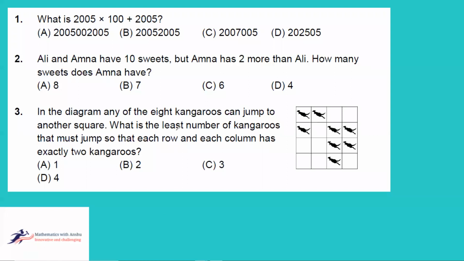Now this one you see: the least number of kangaroos that may be jumping, so that all the rows and columns have 2 kangaroos. So here it has 2, but here you can see 3. So if it comes here, then this will have 3. So let it come here. So see, 2, 2, 2, 2. This side also 2, 2. And here if it comes, 2 and 2. So only one kangaroo, right?